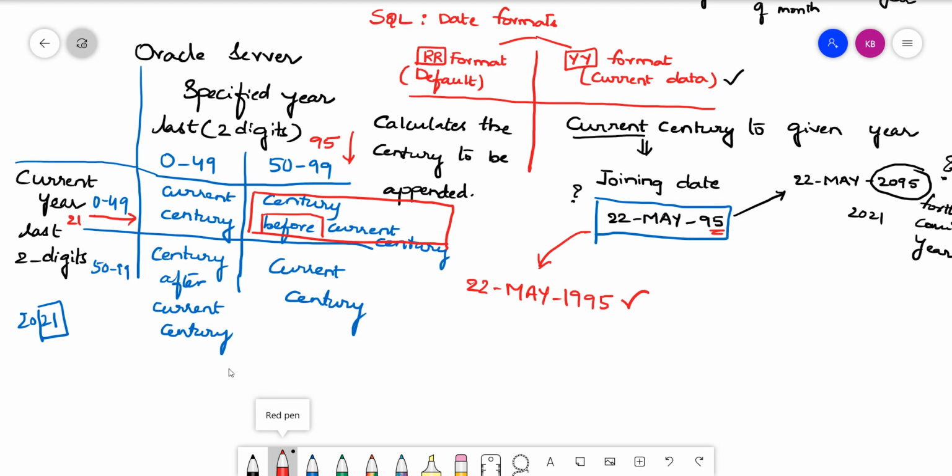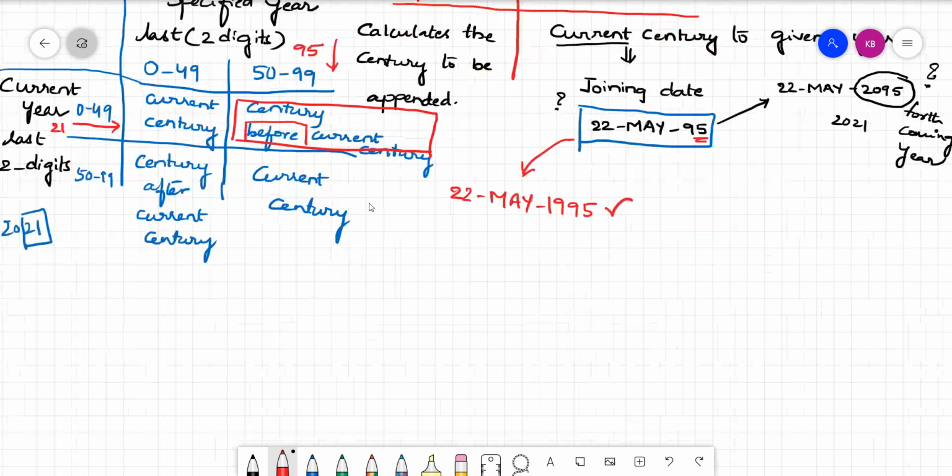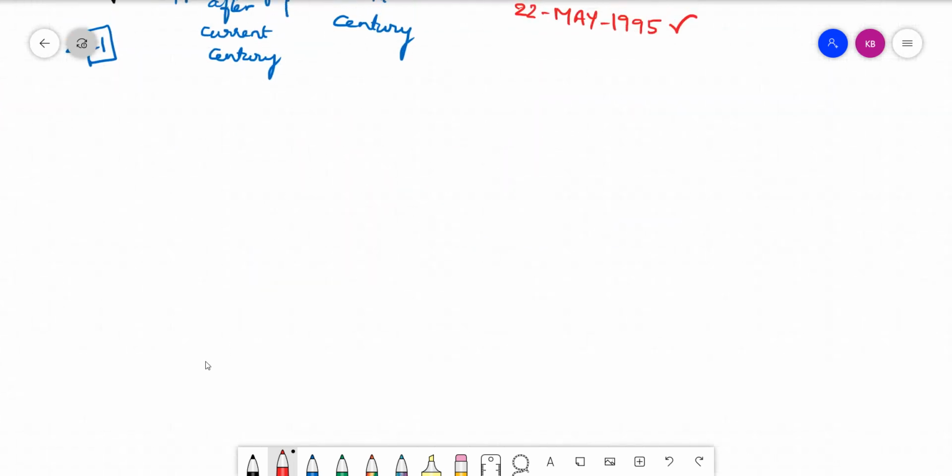Okay, so here the default date format that we have in SQL is DDMONRR, which we understood clearly. Right, suppose this is the default format, DDMONRR. We understood why RR and not YY.